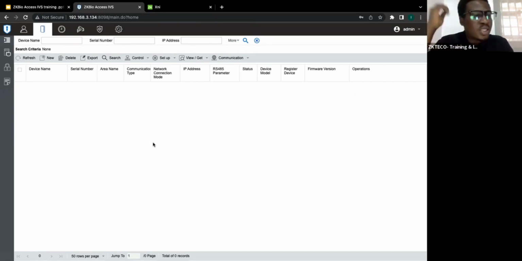The default server port for communication for BioAccess IVS and also BioSecurity is 8088. Unlike BioTime, I know most of us are familiar with BioTime. When you are installing BioTime, the server port of your software has to be set on your device, just like I have 8098 here. But in BioAccess IVS or BioSecurity V5000, your server port has to be 8088